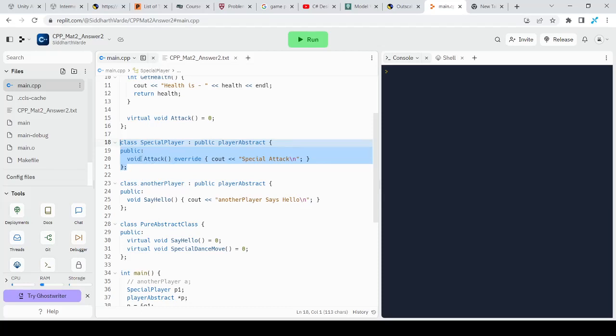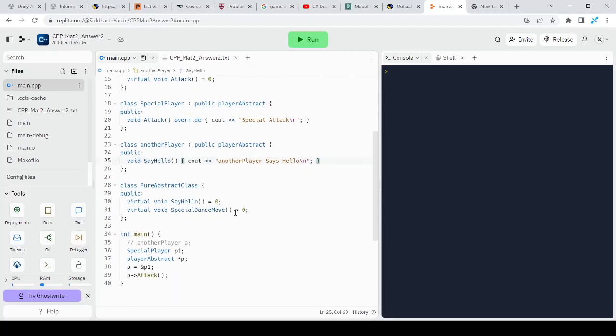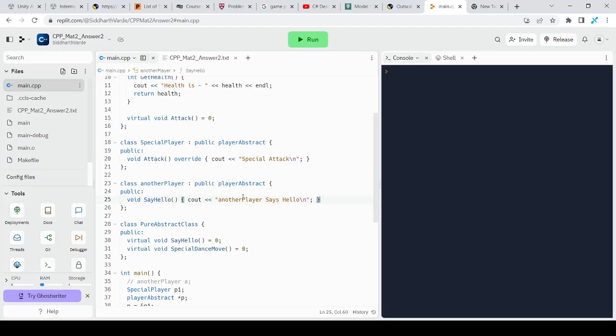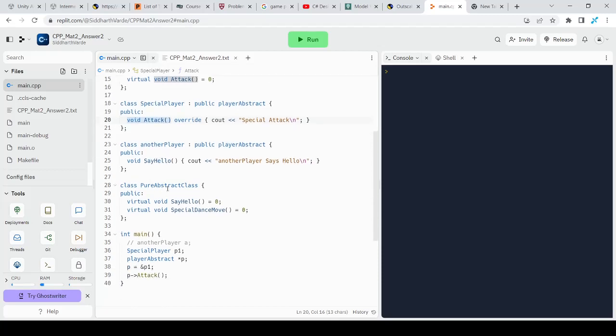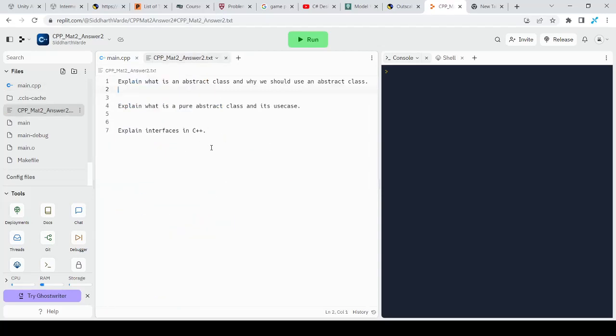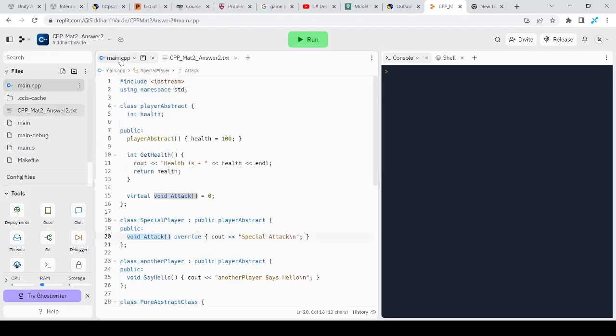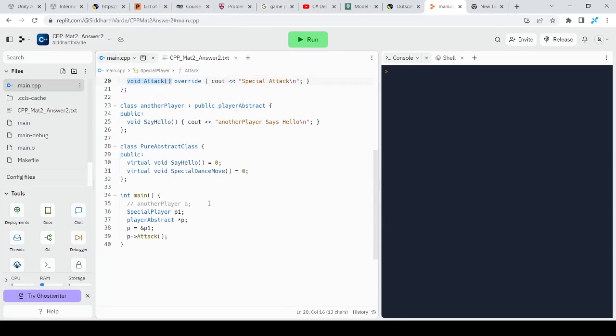so they can have their own attack. This another player can implement an attack functionality of its own, and then a third class that inherits from it can implement its attack functionality of its own, like different functionalities, right? They all can perform different attacks, but they all have an attack method that has void as the return type and takes no parameter. Okay, so that is the use of abstract class, where we say and the another thing is